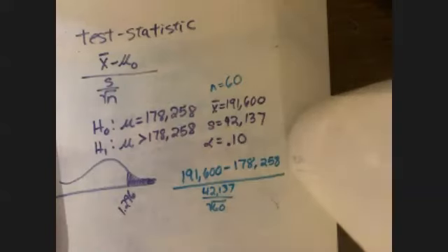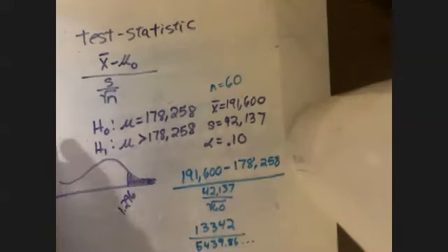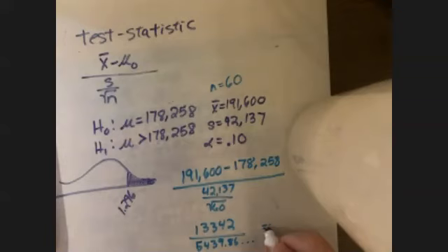So now, calculating that, I've got 13342 over. Okay, and I get that this is